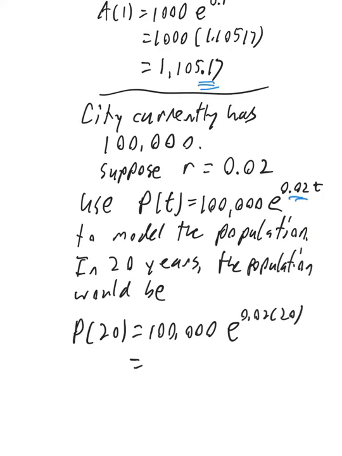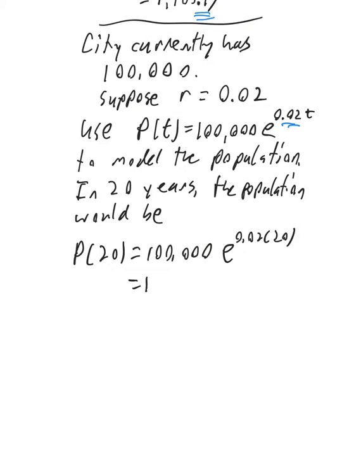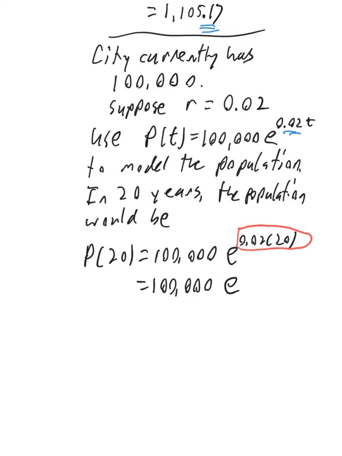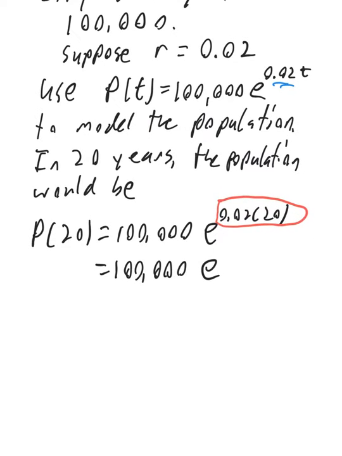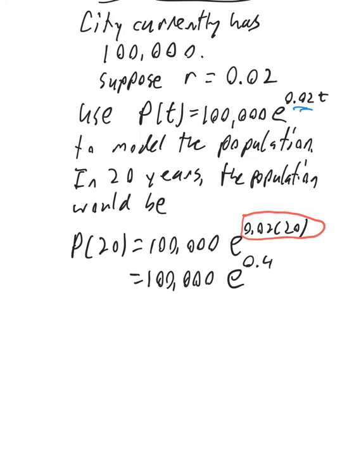When you're doing this on your calculator, you will probably want to calculate that first before you use your e to the x. So 0.02 times 20 will be 0.4, and then use your e to the x button to get